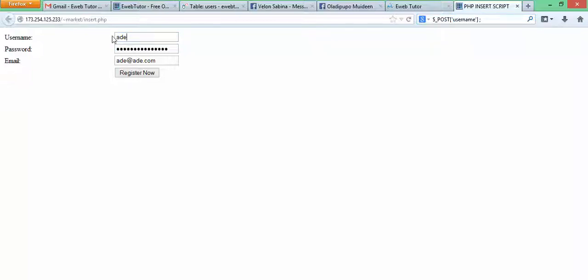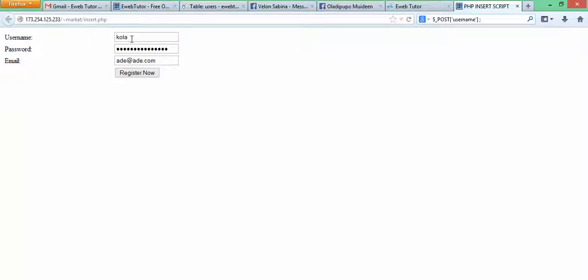But whatever the user enters at that particular moment is what we refer to as $post username. So if another user goes to this link now, maybe on his phone, and types caller